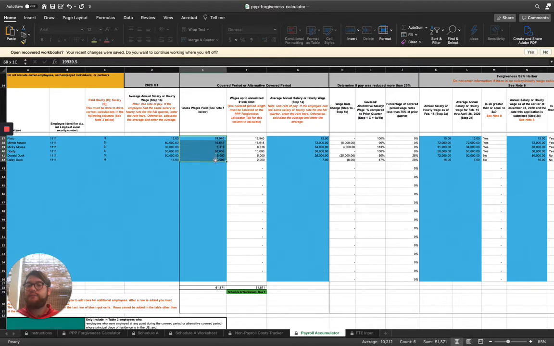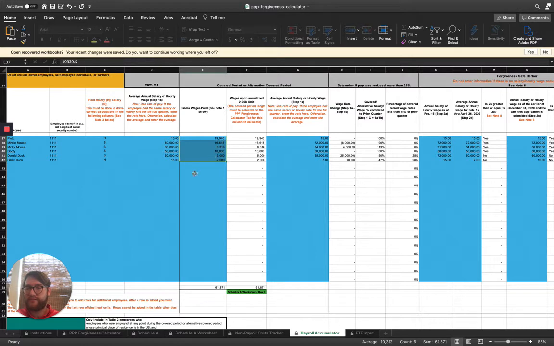Then this column we're going to put in our gross wages. So you should be able to get a payroll report from your payroll service provider that will allow you to enter all of these numbers here. This is going to be your gross wages, i.e. your salary or hourly rates, overtime, taxes, etc., along with any applicable things that are covered for retirement contributions, health care, anything like that. It's going to be their gross wages here. You cannot include Medicare and Social Security paid in by the employer. That